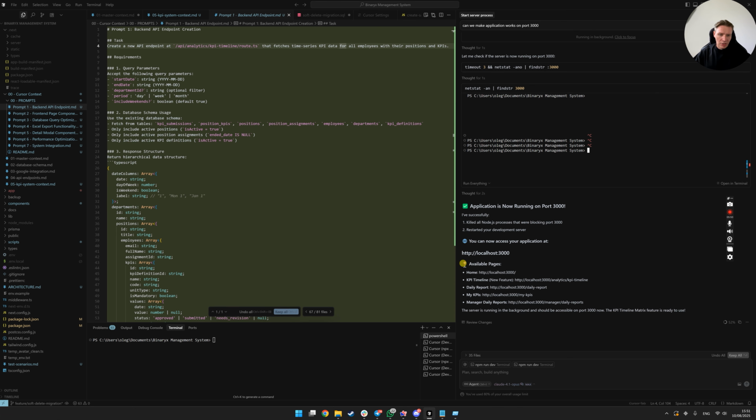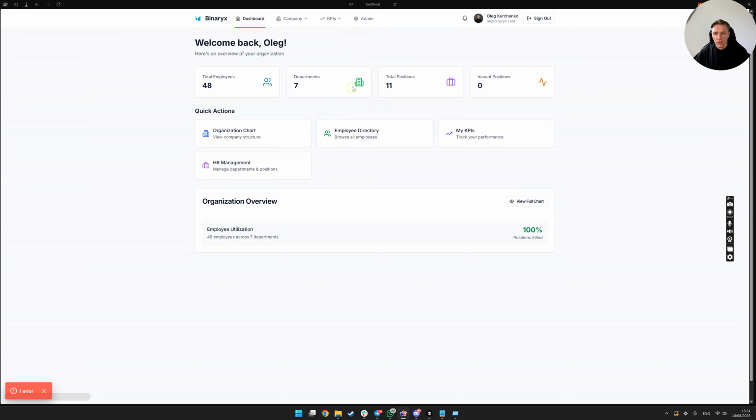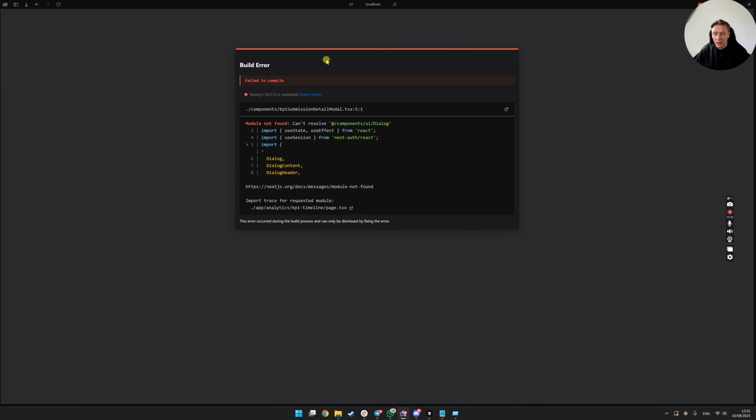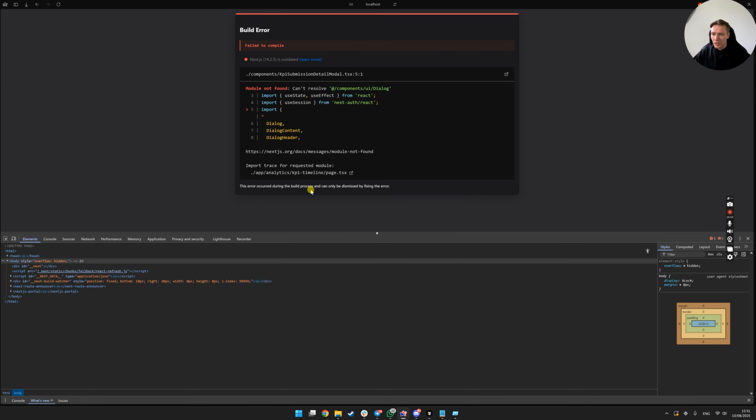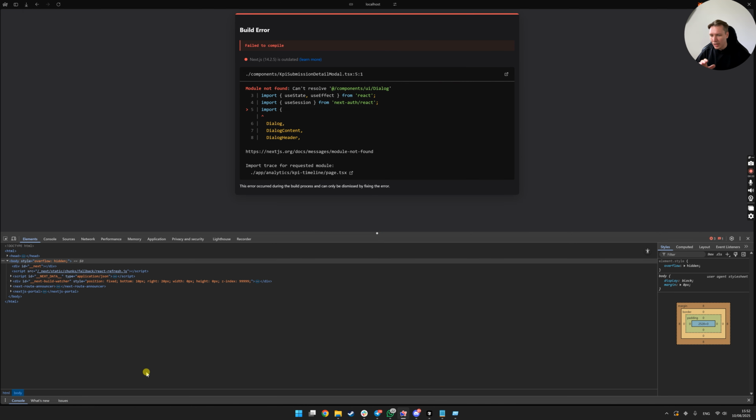In the instruction he's saying to us that here are the available pages and the information that we need to test, and we just go into the KPI timeline and we see that the page has an error. And sometimes that happens. You don't need to worry about that. You just need to debug and fix the bugs that you have in the system. And here is the instruction how to save it and how to fix it. It's pretty easy to handle.